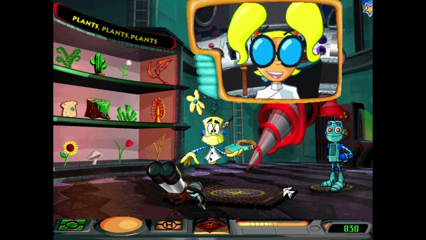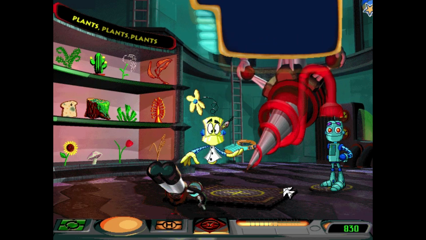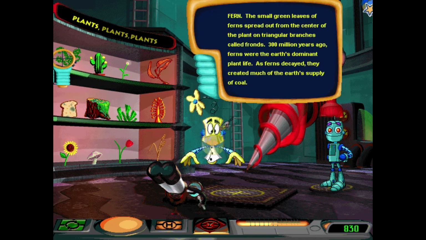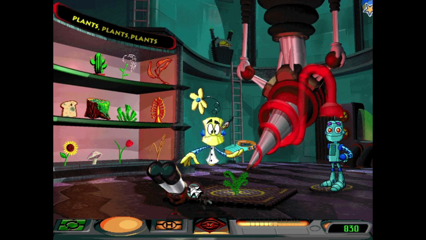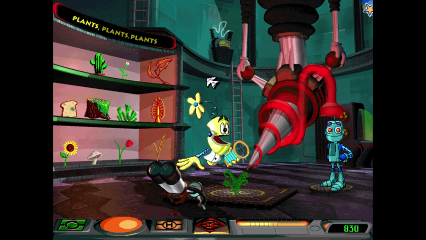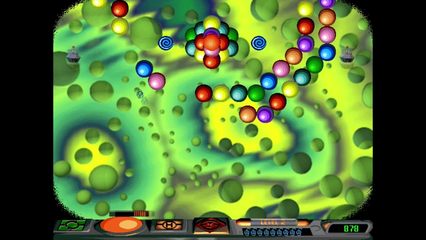So somehow, Polly managed to put a mission clue inside the DNA of one of the specimens. And it's our job to find out which one and get the mission clue. So this first part really isn't that bad. You know, they'll give you a clue and you gotta match up the clue to what you heard. It's pretty simple information. But then once you're inside the specimen, you have to play this stupid breakout clone,